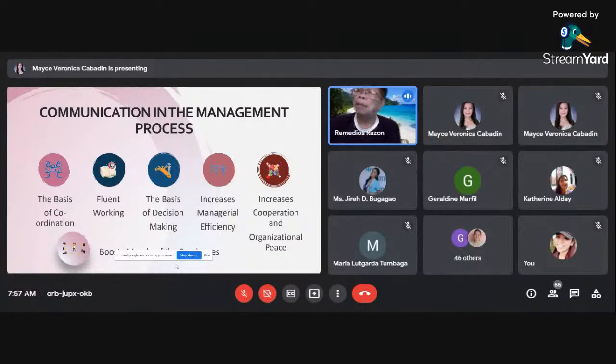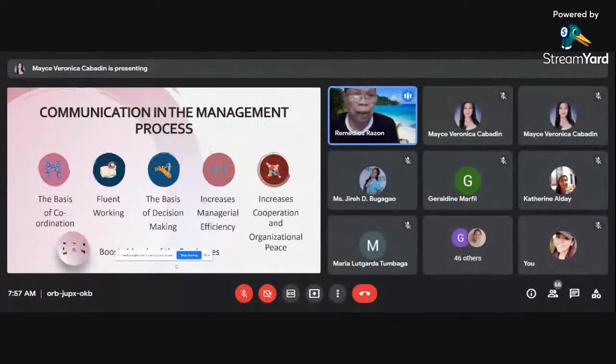Nagkakaroon ng tawag dito ng katahimikan. Nagiging maganda ang samahan ng mga guro at ng isang empleyado, ng isang kumpanya. And the last, nabuboost ang moral ng employees o ng teachers. Kapag ganyan ang isang eskwelahan, even though you are only 6, even though you are only 5 or 10, if the management process when it comes to communication follow the basic process, no way na hindi magi-improve, no way na hindi magiging effective and efficient ang inyo pong eskwelahan.